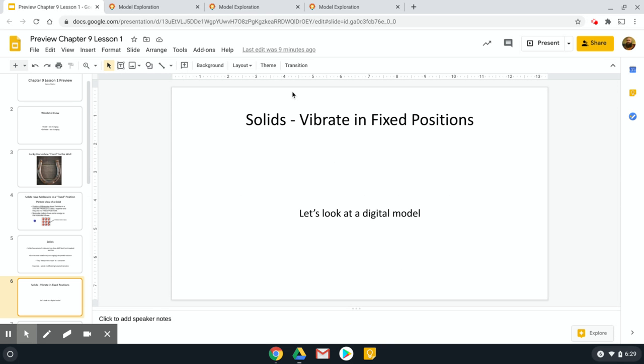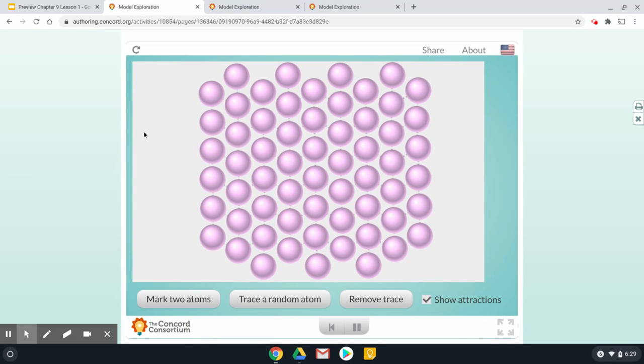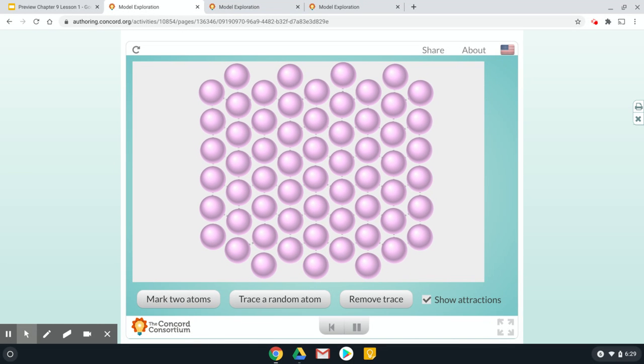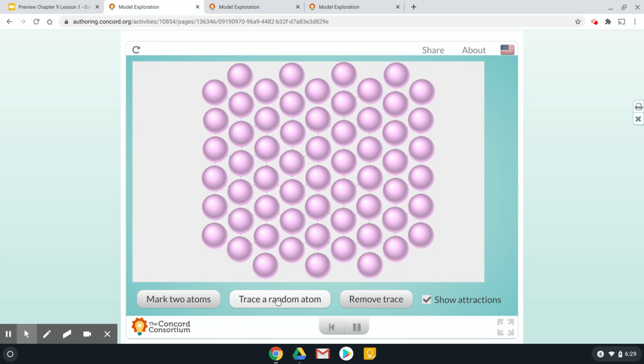And here's where I have to jump around in tabs. So let's look at a digital model of the particles in a solid. All right. So here we have the particles. And when I click play, you can see that they're moving in the respect that they are just vibrating in place. If I hit trace a random atom,